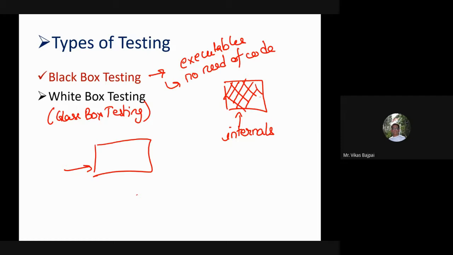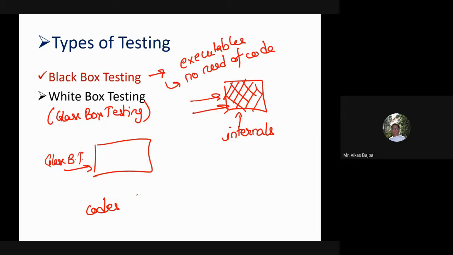Previously, I was not able to see the internals. I'll have the code files with me. I'll be bisecting and dissecting the code. I'll be executing the lines of code. So this becomes glass, right? That's why it is called glass box testing as well.